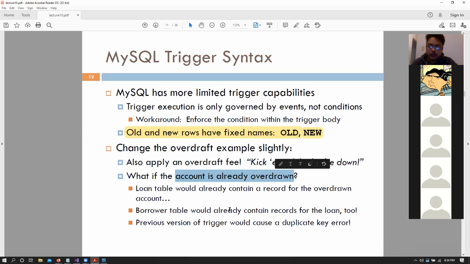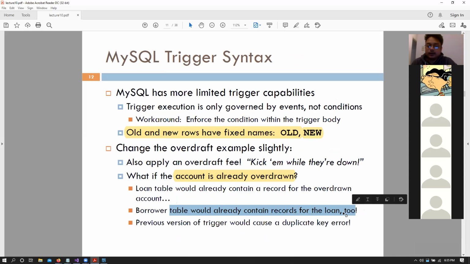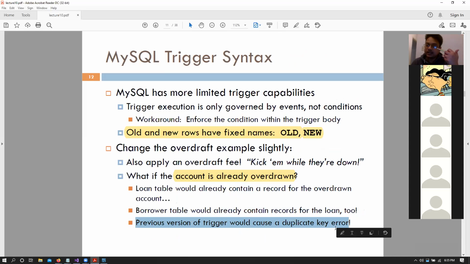So what if my account is already overdrawn? The loan table already contains a record for the overdrawn account. The borrower table already contains a record for the loan amount. The previous version of the trigger in this situation would give us the duplicate key error that we just saw, right?